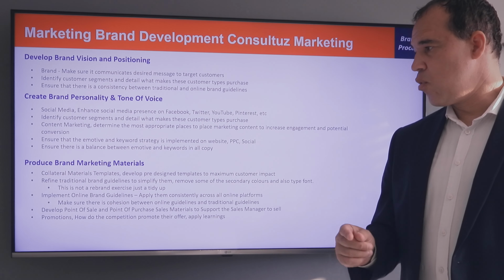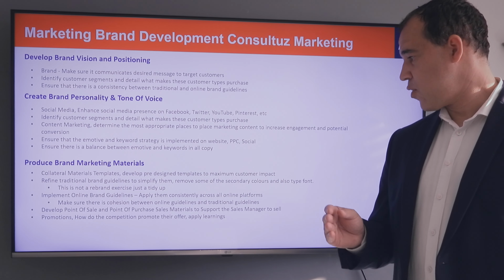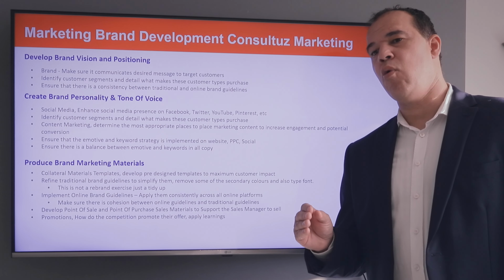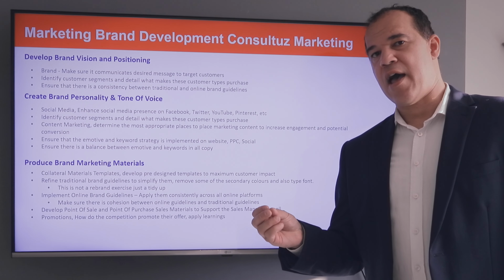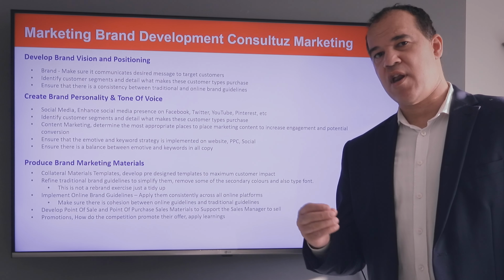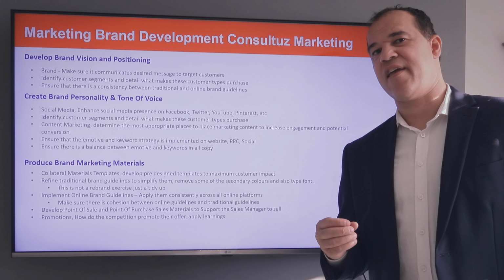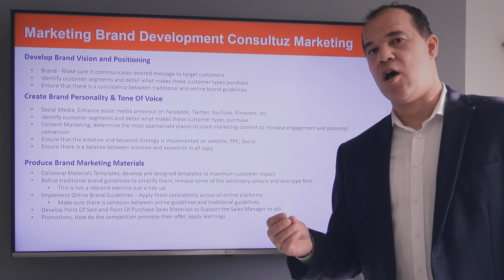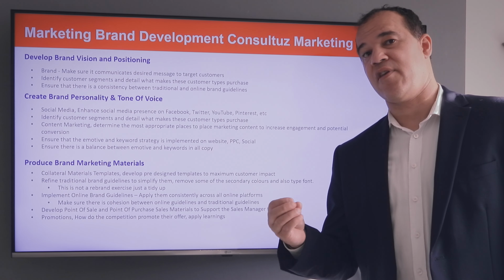So it's very, very important to refine traditional brand guidelines, to simplify them as much as possible. And one way to do that, how I like to work, is to have very minimal secondary colour palettes. So if you define your brand colours and specify your Pantones or your hex codes for online marketing, it's really important not to have too many secondary colours, because it can get quite confusing and it can actually dilute the value and the strength of the brand and make it harder for consumers to understand what it is that you're selling and how you're promoting your products as well.